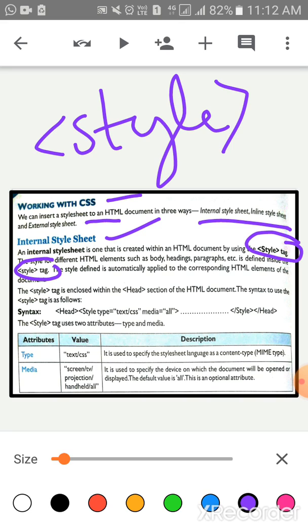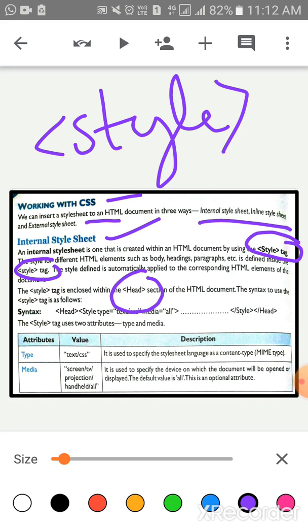We have to mention all heading, paragraph, body, etc. within this style tag. The style defined is automatically applied to the corresponding HTML element of the document. Okay, children, the style tag is enclosed within the head tag of the HTML document.